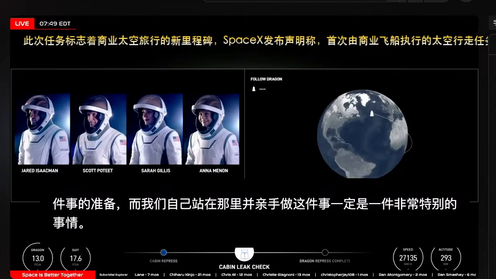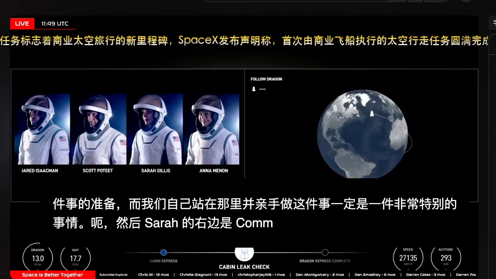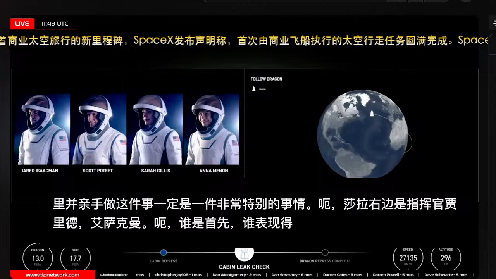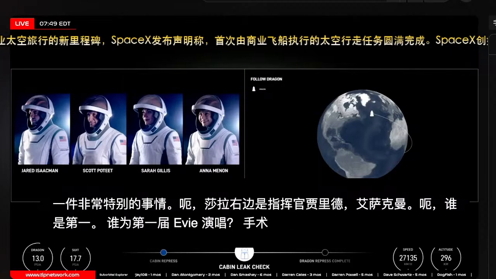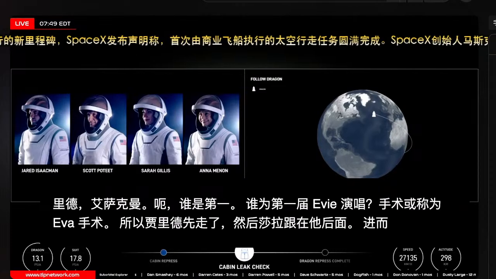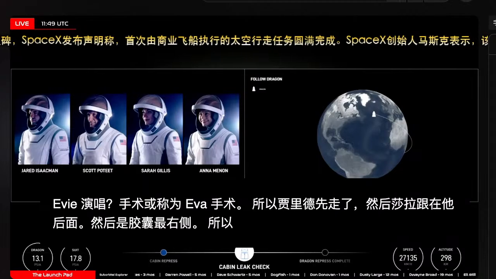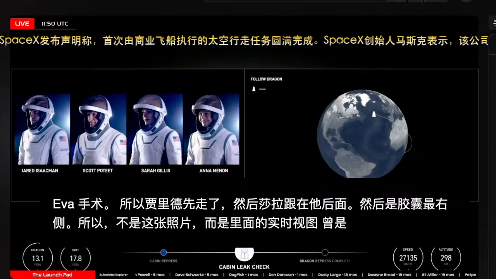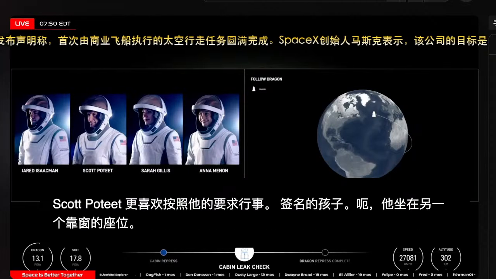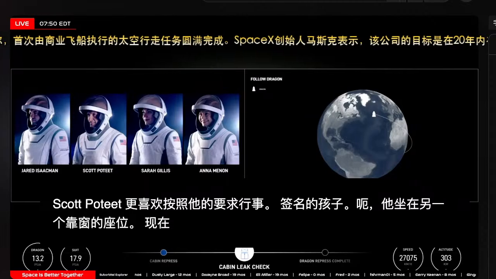Incredibly. And then to the right of Sarah was Commander Jared Isaacman, who performed the first EVA operation. So Jared went first, and then Sarah after him. And then on the far right-hand side of the capsule, so not this photo, but the live view inside, was Scott Poteet, who prefers to go by his call sign Kid. He had the other window seat. Now, if you tuned into the launch phase of Polaris Dawn, you might recall that Scott...